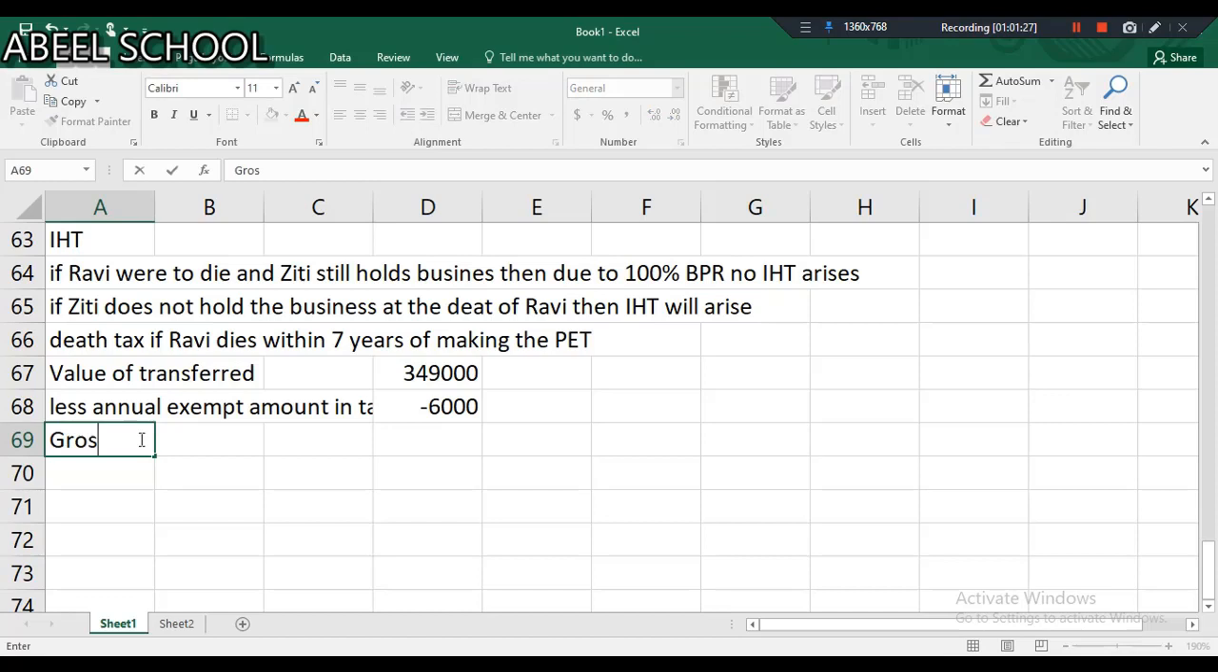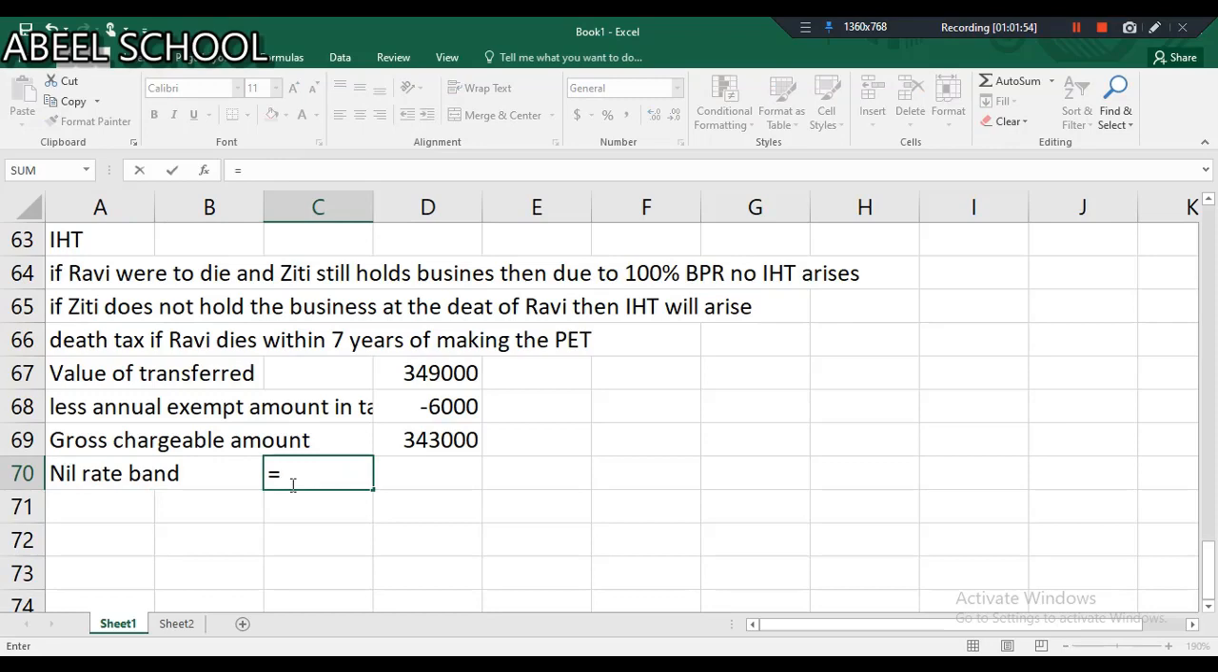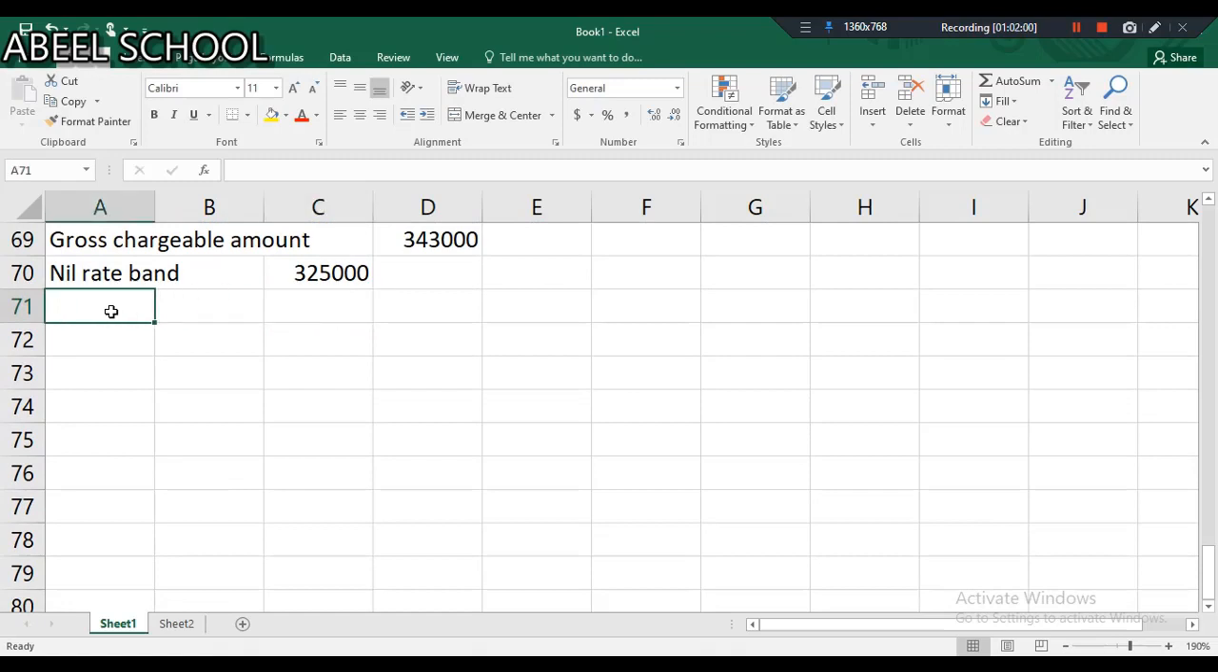So here comes the gross chargeable amount. The gross chargeable amount is 349 plus this. The entire 343 is not taxable. We have to check for the nil rate band. Nil rate band is 325,000. From this 325, I have to deduct the last 7-year gross CLT, which is given in the question,